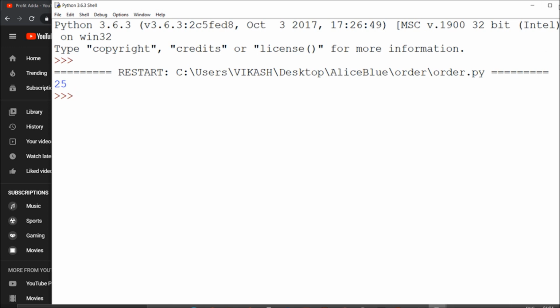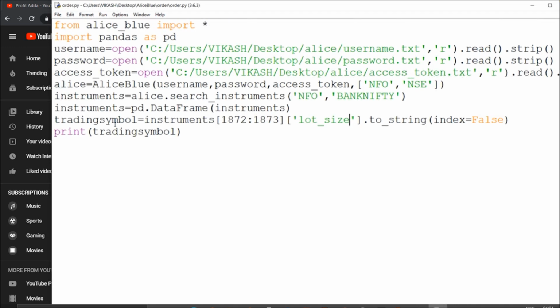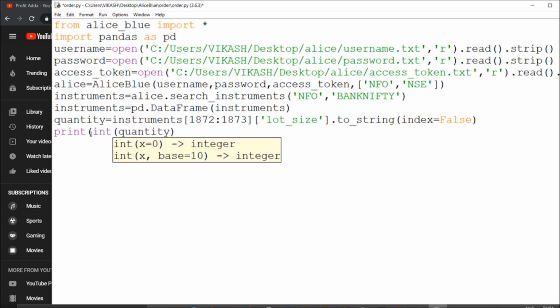Suppose I want to trade with two lots, I will talk about the quantity itself, because you have already seen through my videos how you can go with the quantity. Same thing I'm following the syntax, and this will be a string, so you have to say integer, since quantity is an integer.